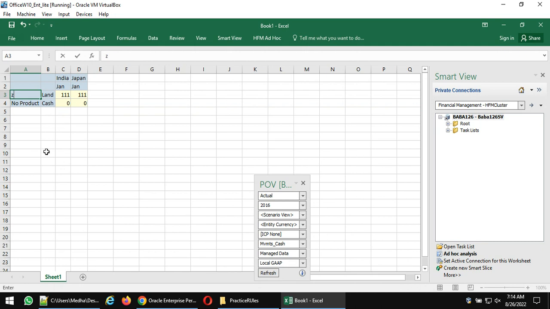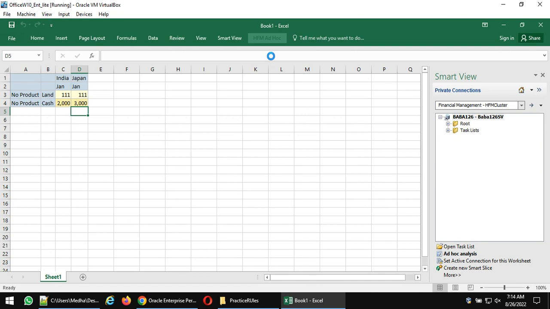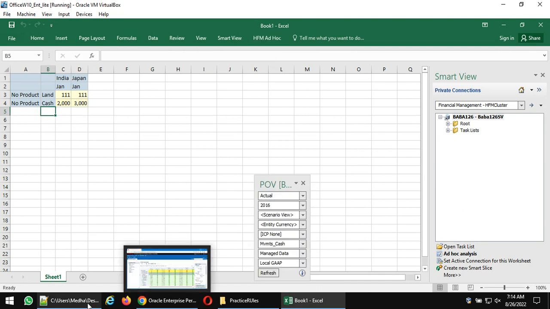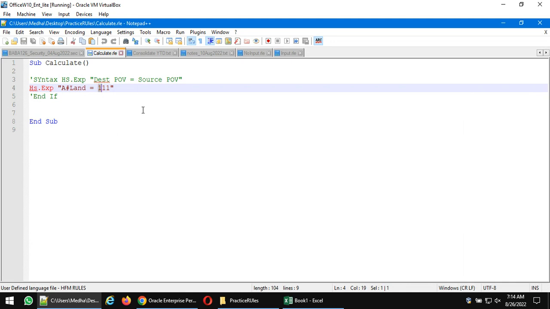You can put it as no. So here we'll enter some value as 2000, here we'll enter 3000, submit data. Now we'll write a rule file: Land is equal to a hash cache into